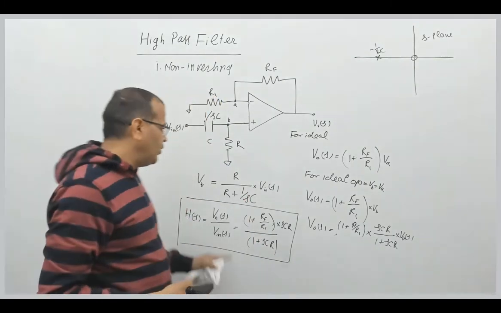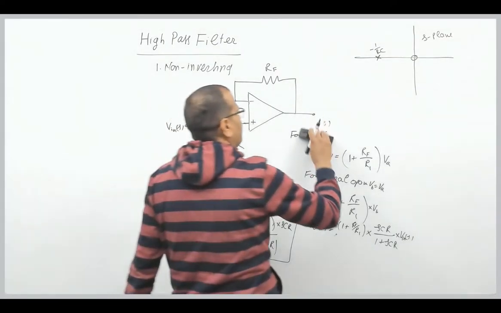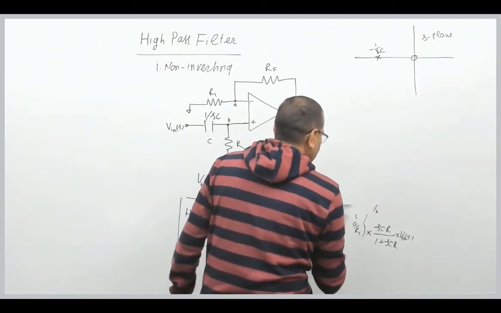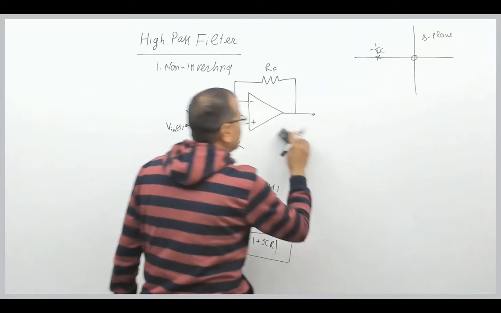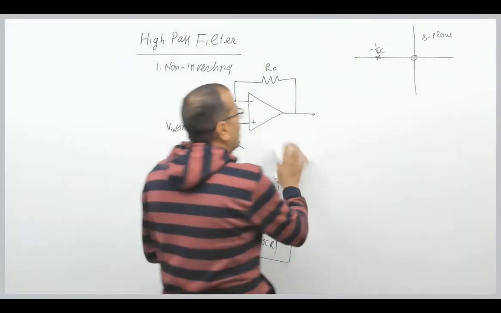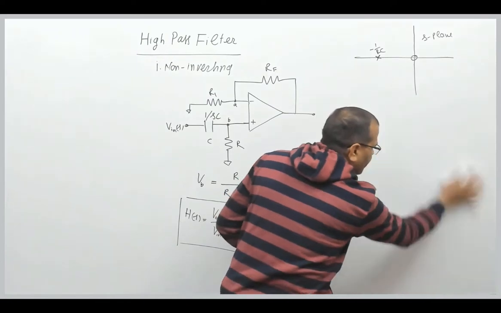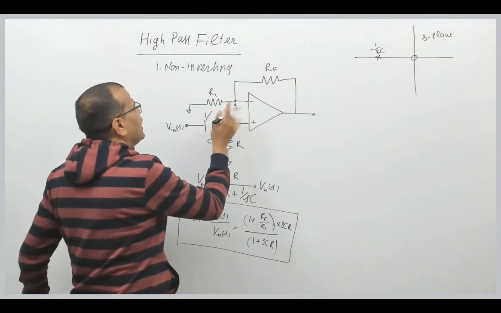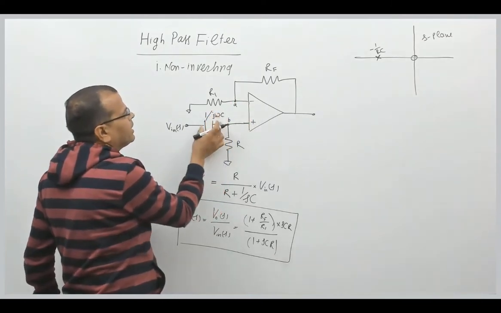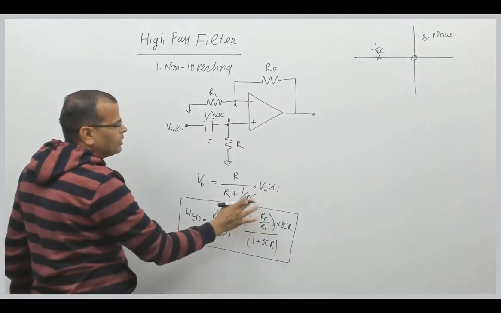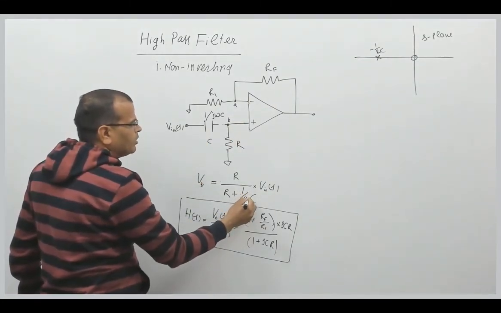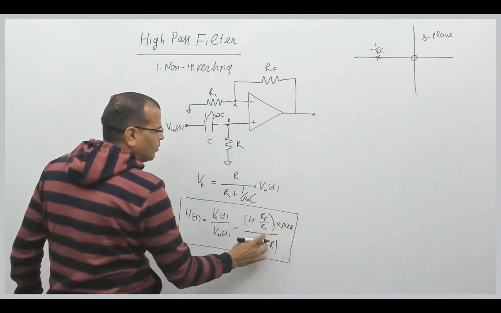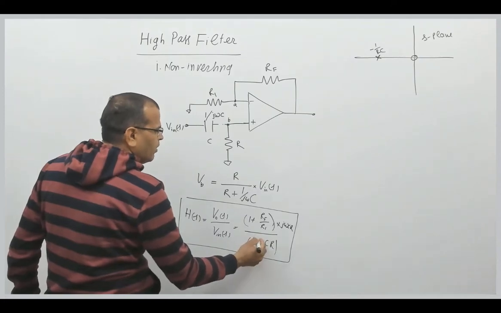For J omega domain, what do we do? Replace S by J omega. So let us see that. For frequency domain, S is replaced by J omega, right? So we will see now how to proceed for frequency domain analysis. For frequency domain analysis, S is J omega, so the impedance of the capacitor, the reactance of the capacitor, is 1 by J omega C. Every procedure will remain the same otherwise. This will be J omega CR. You can proceed like that.